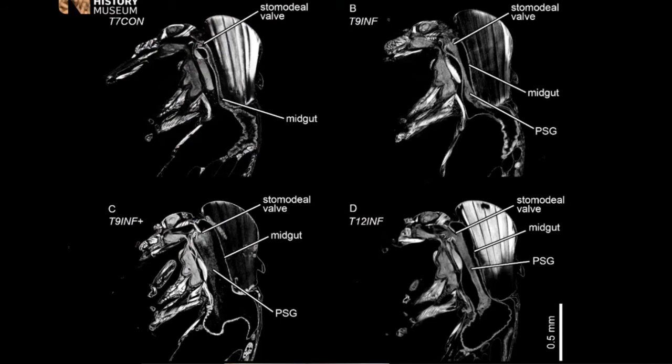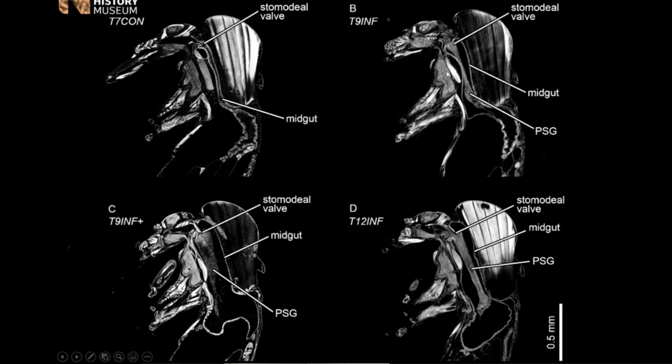So these are the 2D images we could get of 4 of those different groups. We have this, which is the control. You can see the midgut is pretty narrow. The stomodeal valve is shut. This is the infected one